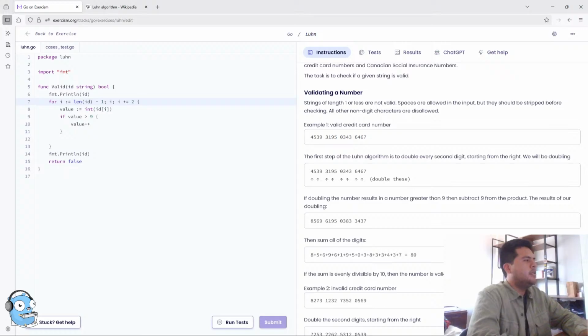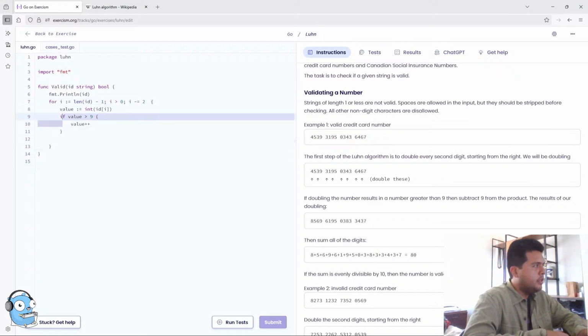This will be if i is greater than 0, and then this will be i less equals to 2. I will delete this. I only do not want to know if i